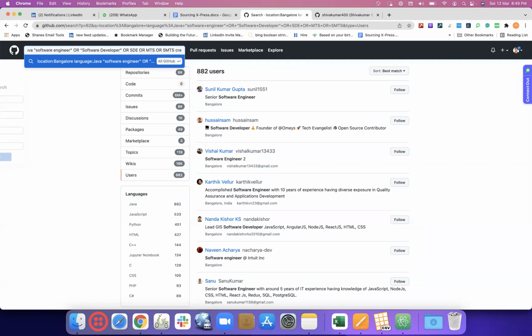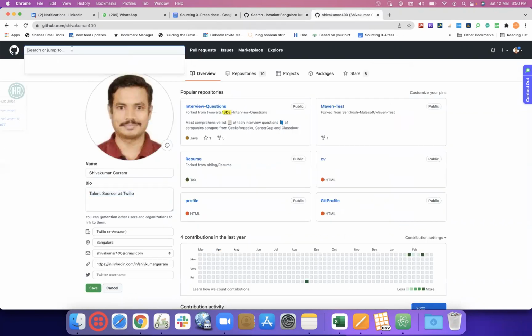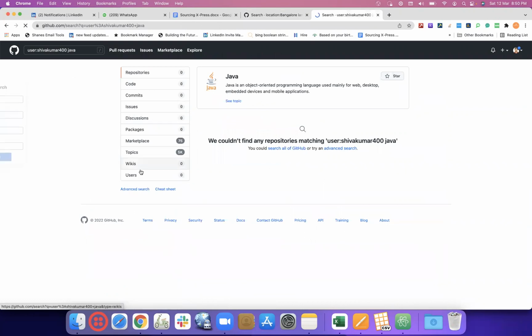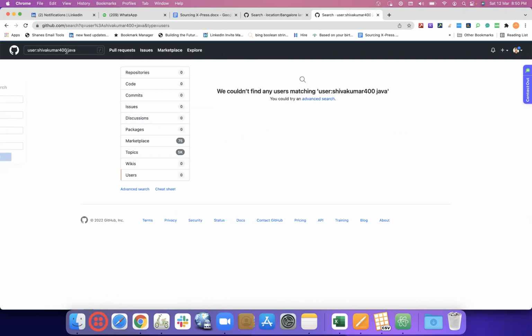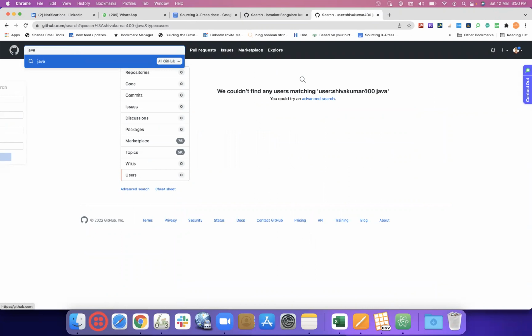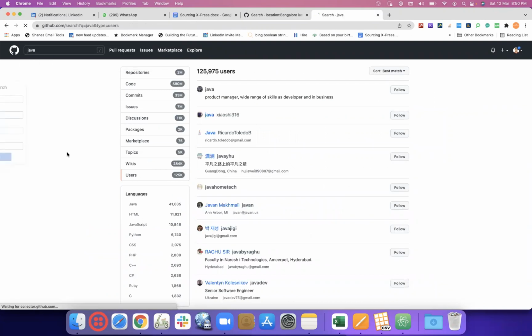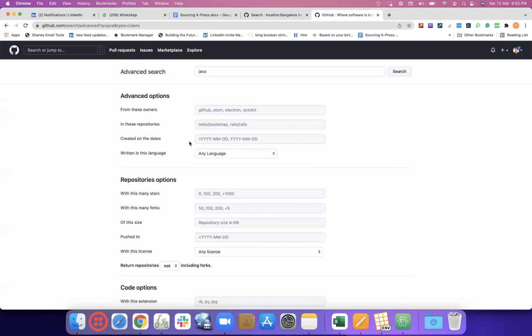So we would say created: that's a format of date, month, year, or year, date, month. Let me just check. In case you're not sure about the format of the created operator, just go here, and then you will be able to see your created on dates. So year hyphen month hyphen date.